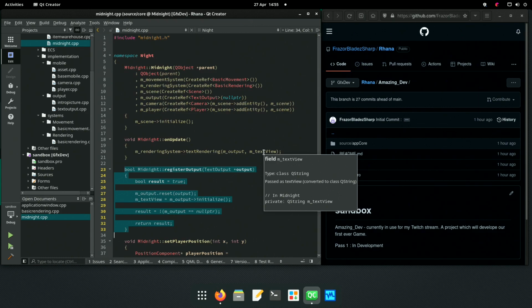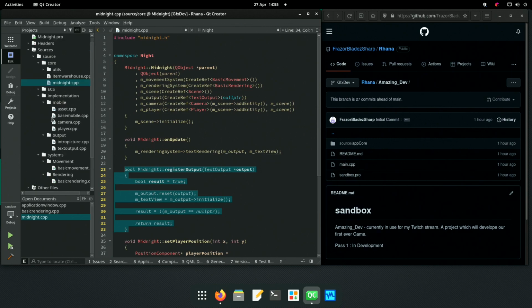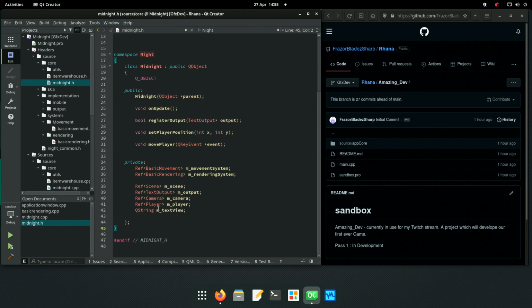Text view doesn't have to have a size, does it? Is that how I got around it? Really? Was I that clever? I'm not usually clever. Don't be stupid. Oh, it's a Q string. Doesn't need a size.